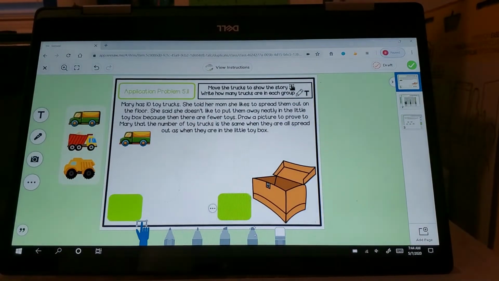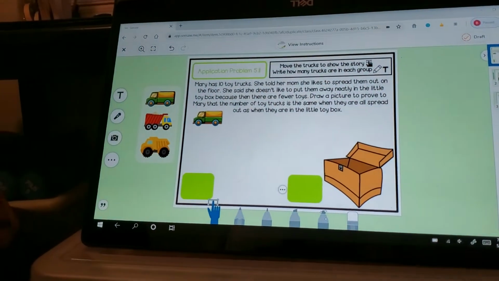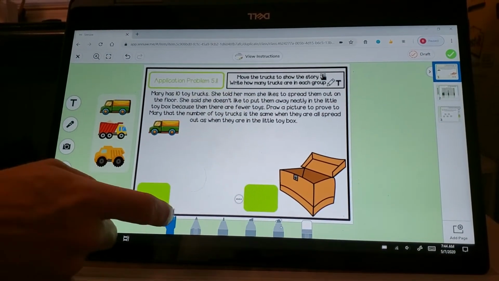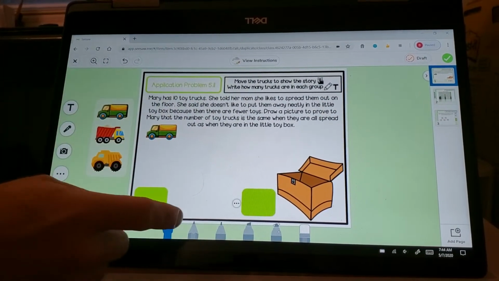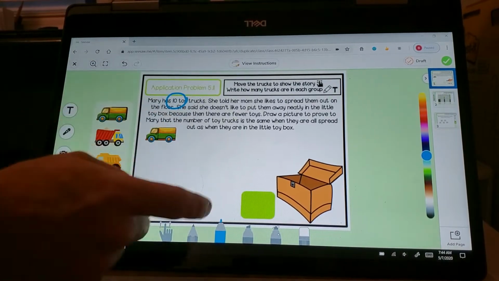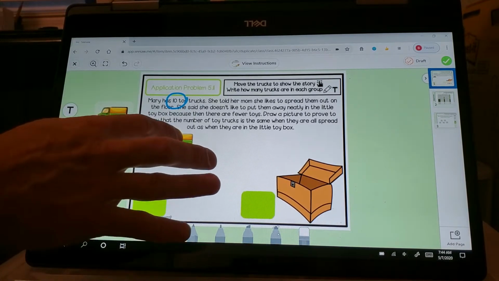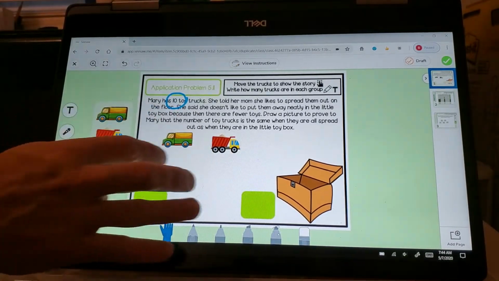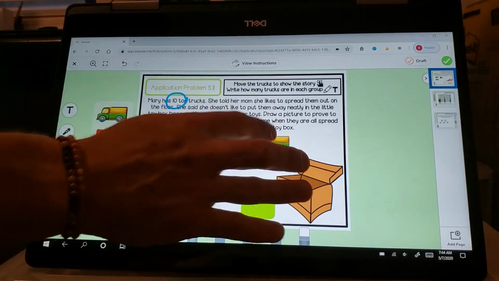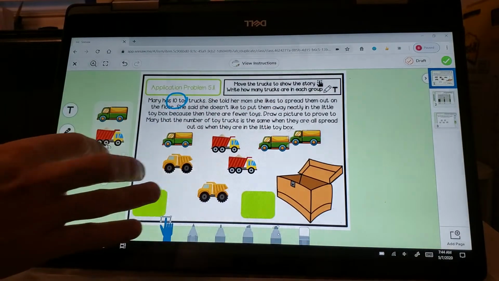Same way we did when we had our dots all spread out and then we put them into our 10 frame. Okay? So take a look. First thing you're going to do is use your move tool. Hint, hint. Remember, you could circle the number 10 because it's a very important number to you. Remember, that's how many trucks you're going to have. So there's 1. Let's put 2, 3, 4, 5, 6, 7, 8,